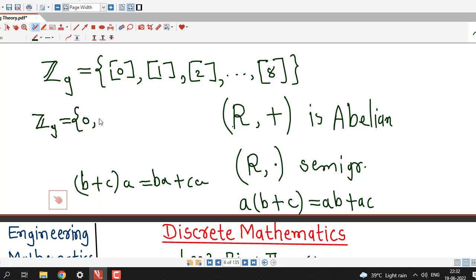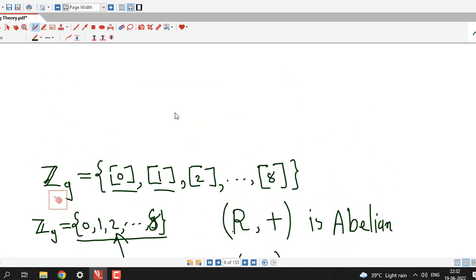They simply write this as the set of integers up to 9, but as we know, this is not the set of only integers from 0 to 9, it is the set of equivalence classes generated by 0, 1, 2 up to 8. Here it is up to 8,